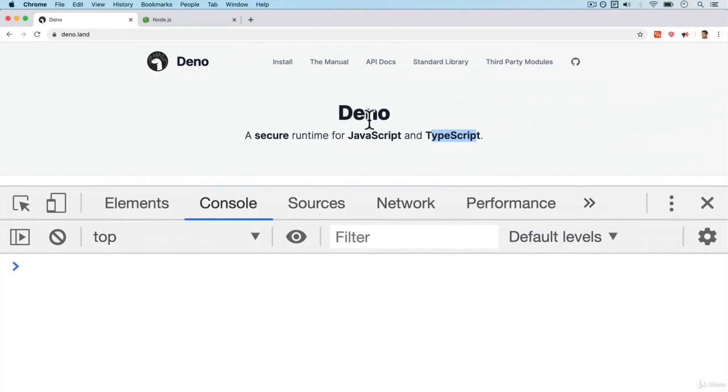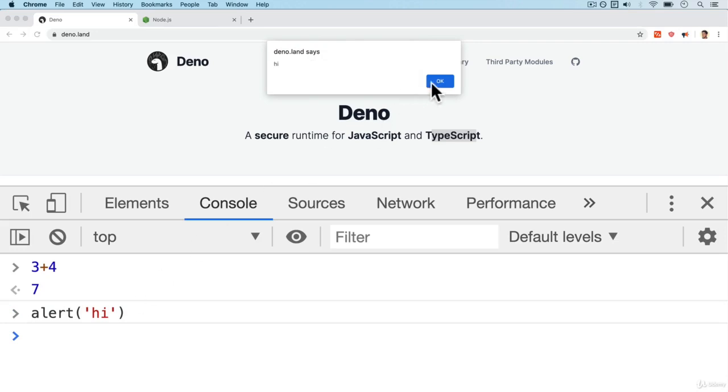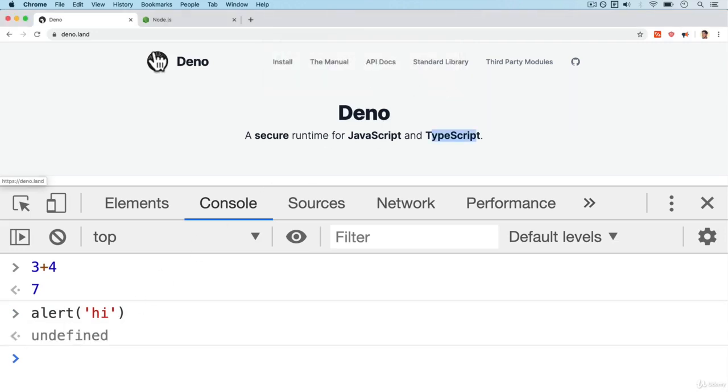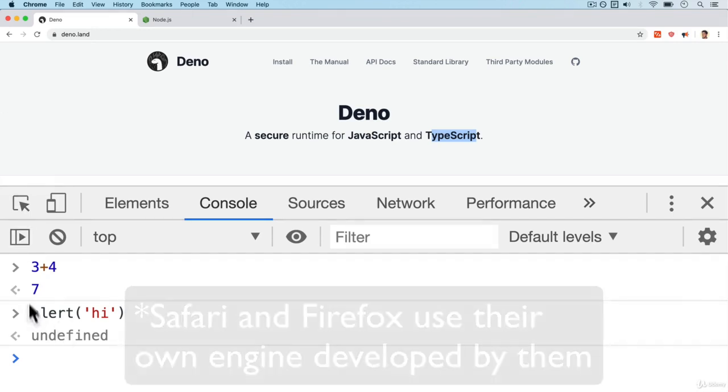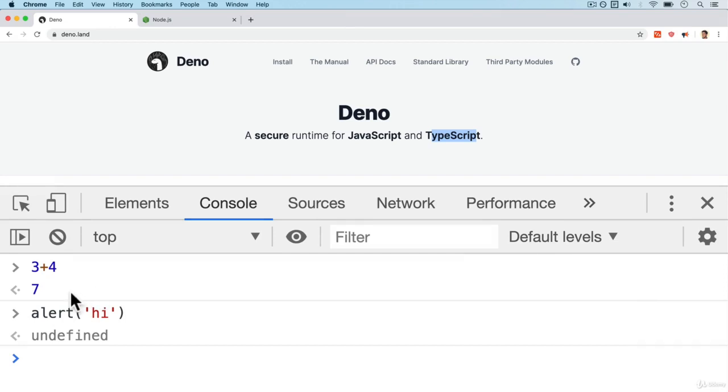Now, you might be wondering, why can I run JavaScript in the browser then? I can do simple JavaScript stuff here. I can say alert, hi. I'm able to write JavaScript here, but I didn't install anything. And remember what I said before, JavaScript initially was meant for the browsers. When you install Google Chrome, Safari, Firefox, the Edge browser, all of these come with a JavaScript engine built in. You download them onto your computer, and when you run the browser, the JavaScript engine is running behind. But if we ever want to run JavaScript outside the browser, like we're going to, well, that's when we